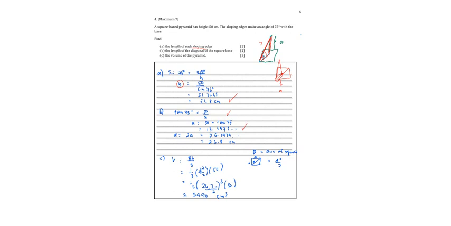But since we're looking for the diagonal, what we solved is only this part. We need to get also the other half. So we simply multiply it by 2. The diagonal is twice a. So that will be 26.7979 or 26.8 centimeters.